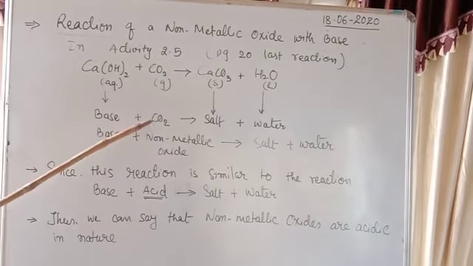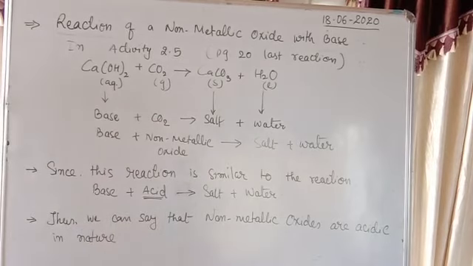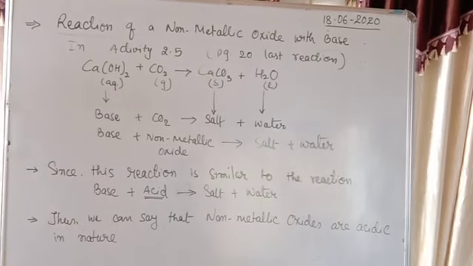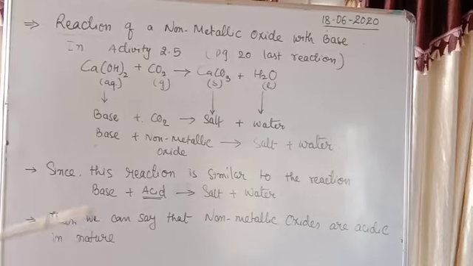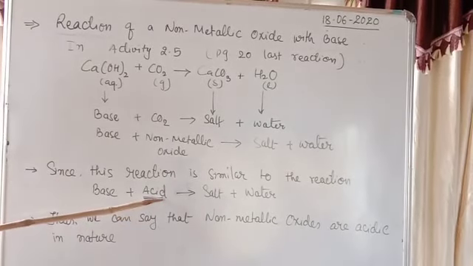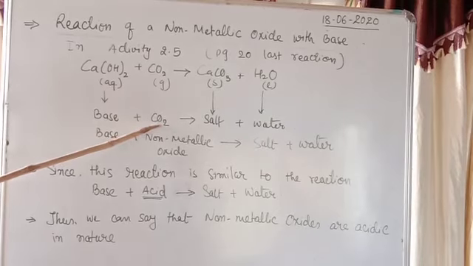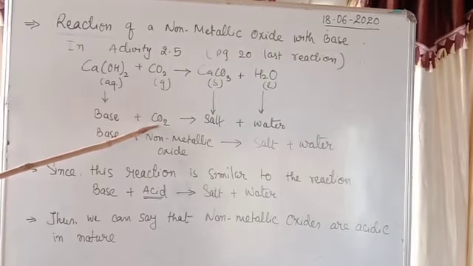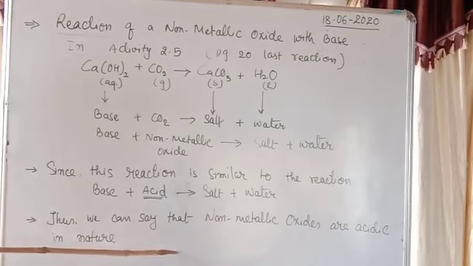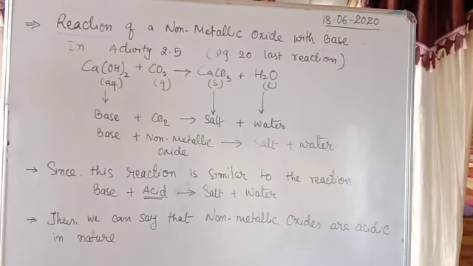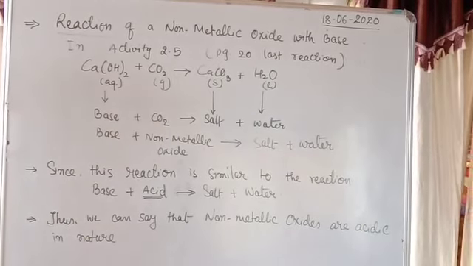For example, I take sulfur. You remember acid rain: sulfur dioxide, sulfur trioxide. These all are acidic in nature. Put any non-metal here and oxygen with it, and it will be acidic in nature. But in this also some exceptional cases are there that we shall study later on.